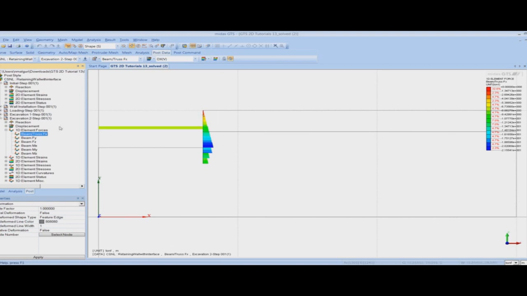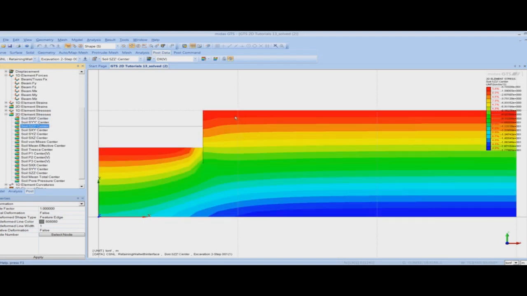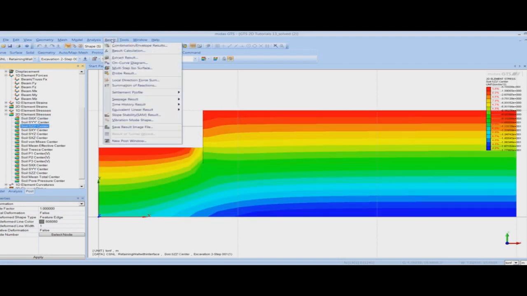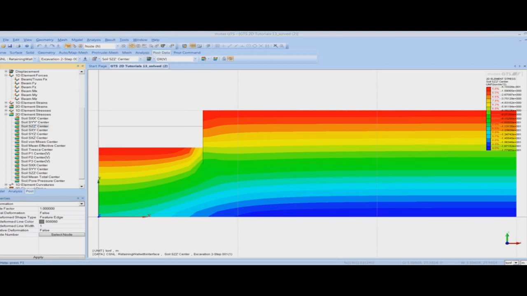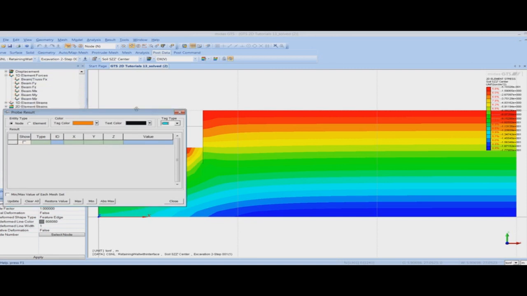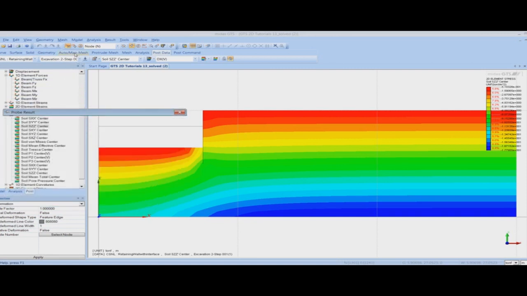If I want to obtain the result at a particular place, let's say I want to obtain the stress value at a particular location. So what I can do, I can go to the result option and I can go to the probe result option here, and I can select a node where I want to see the stress, and Midas GTS will give me the stress value.